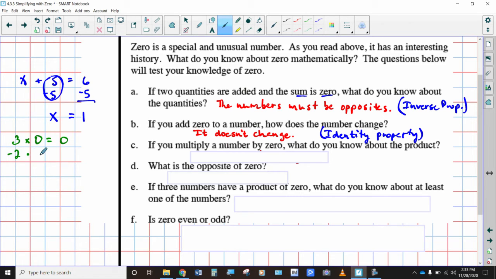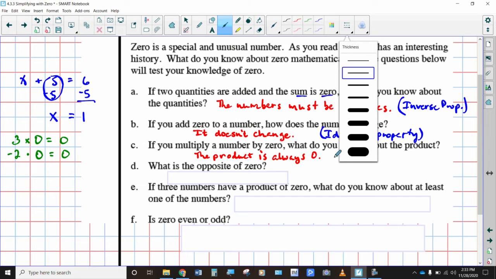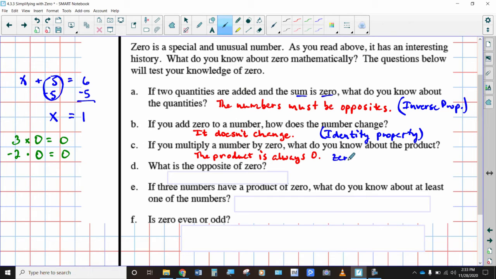I'll put a little dot there for this one. That's going to equal 0 as well. So anytime you multiply a number times 0, its answer is always 0. And this gets us to another property that gets used quite a bit in algebra called the zero product property, which states that anytime you multiply anything times 0, you get 0 for an answer,